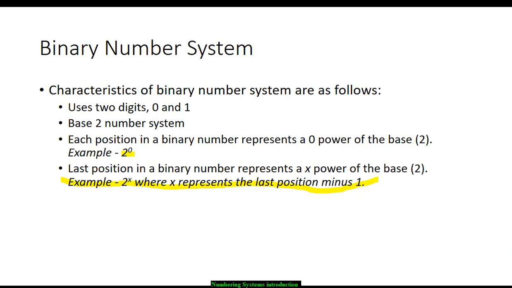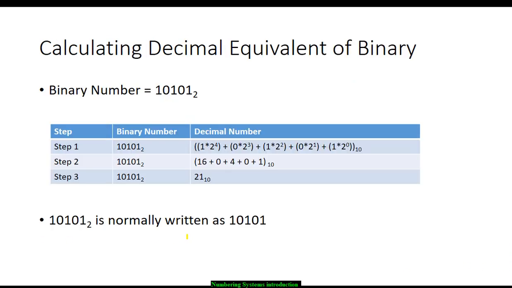Okay, so let's move on to the next slide. If I had to convert binary to decimal, your binary number is 10101, and you can see the 2 clearly states that it's a binary number, base 2. Now, to convert this to decimal, you would take your binary number and put it in